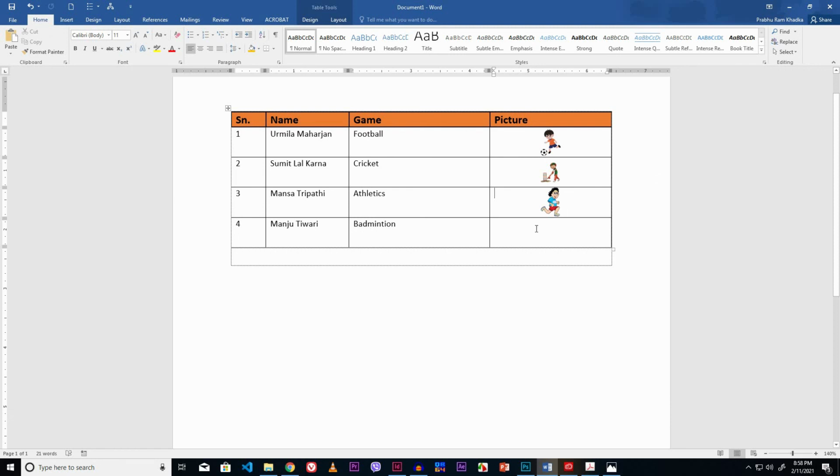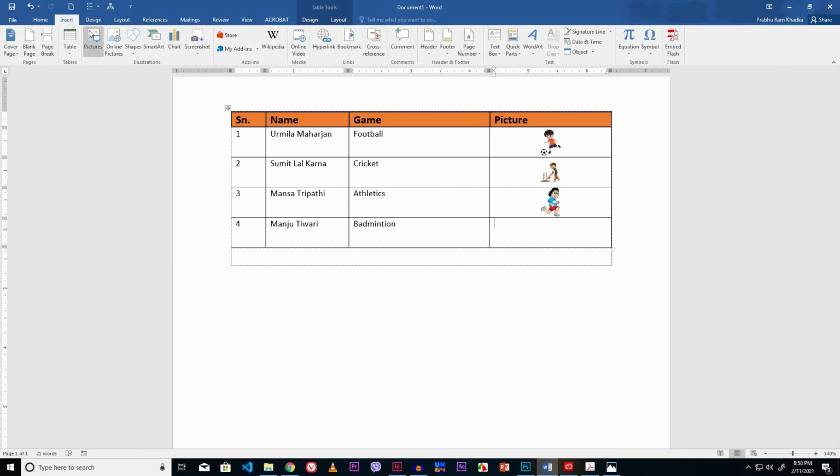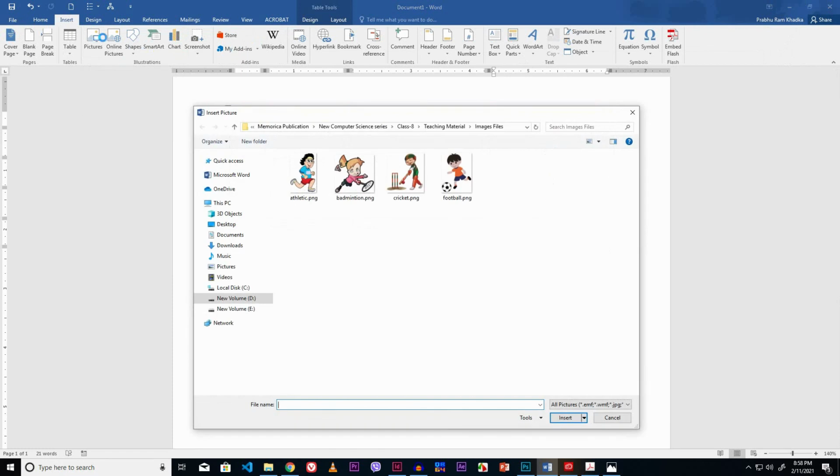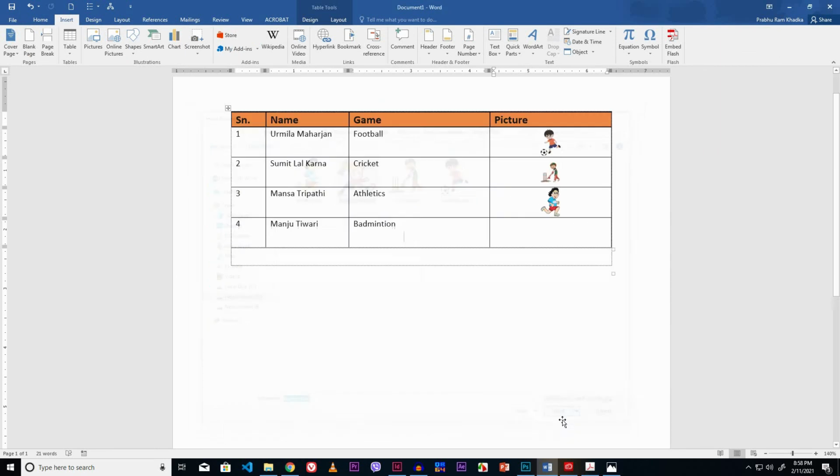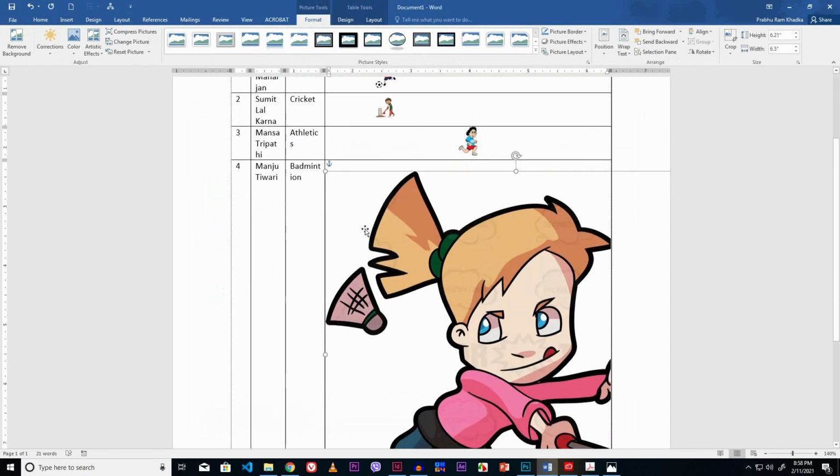Now click in the next cell. Go to the insert tab. Click the pictures option from illustration group of insert tab. Select the image. Click the insert button. Now resize this image using resizing handle.